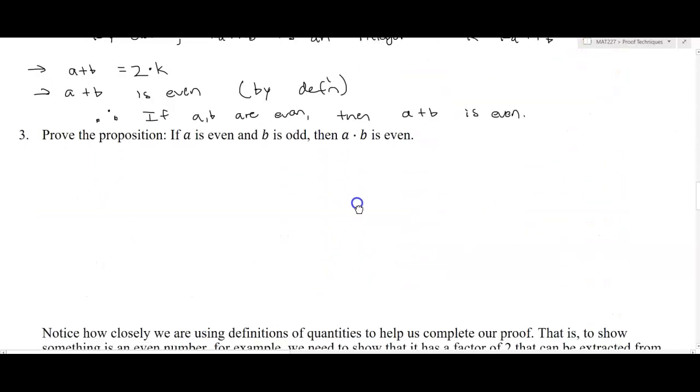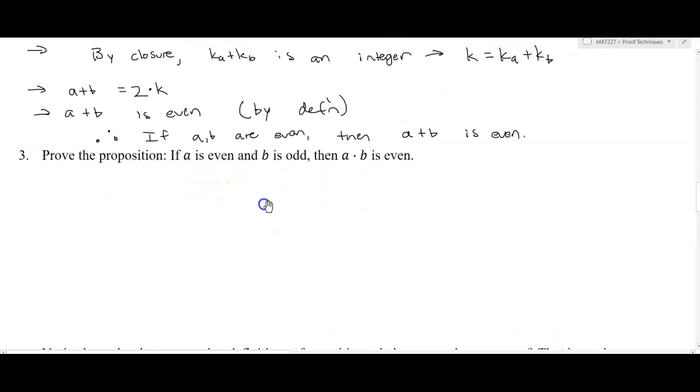Okay, let's go ahead and do one more. We'll say if A is even and B is odd, then A times B is even. So let's start off by just identifying our two statements. And one of those is if A is even and B is odd. Now again, you could break that up into two simpler statements. P1, A is even, conjunction with statement P2, which is that B is odd. But it's not super important because we're not going to be doing any truth table stuff with this. When we assume P is true, we assume both of these things happen. And then this is the conclusion, Q, that A times B is even.